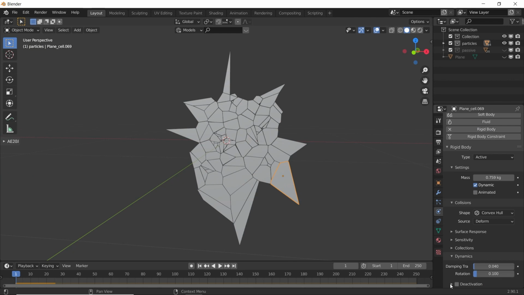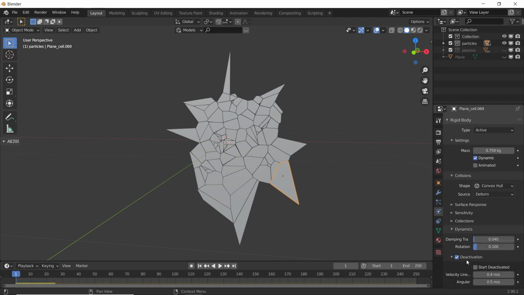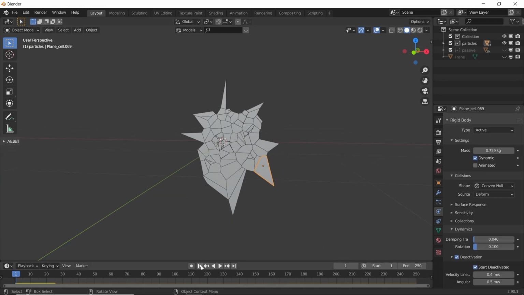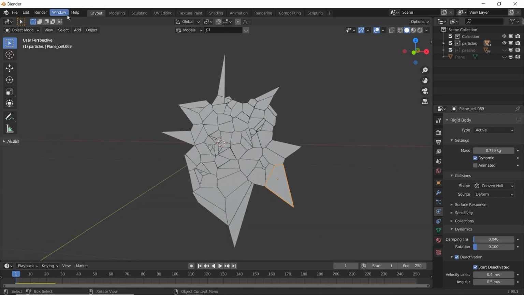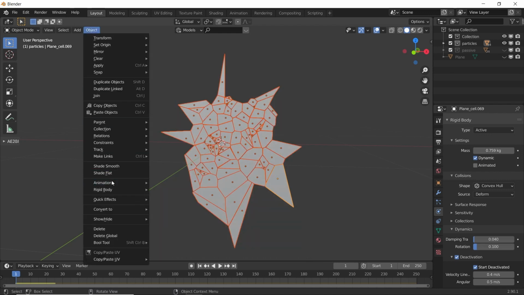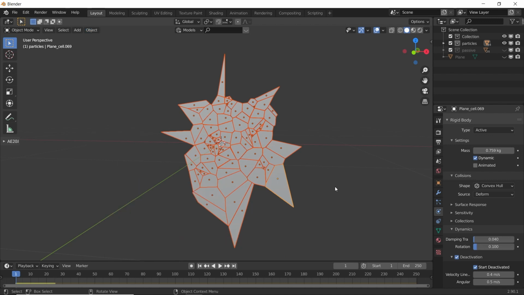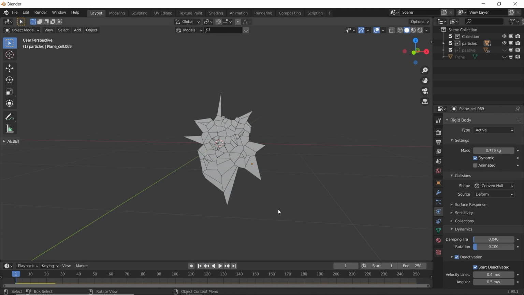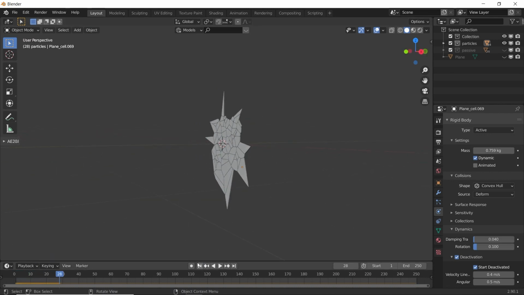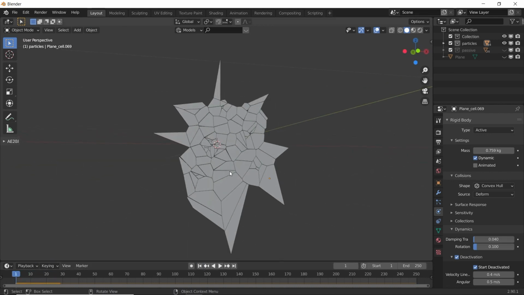In the dynamics, select deactivation and start deactivated. Okay, now select everything. Go to Object, Rigid Body, Copy from Active. Now if you see, this won't fall from this location.